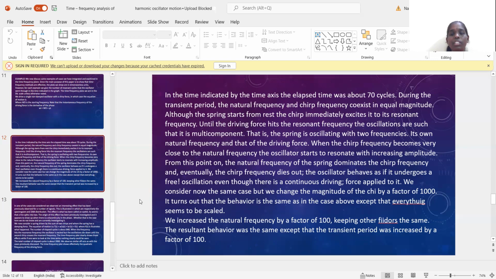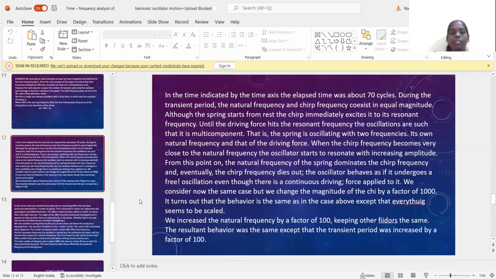When the chirp frequency becomes very close to the natural frequency, the oscillator starts to resonate with increasing amplitude. From this point on, the natural frequency of the spring dominates the chirp frequency, and eventually the chirp frequency dies out. The oscillator behaves as if it undergoes a free oscillation, even though there is a continuous driving force